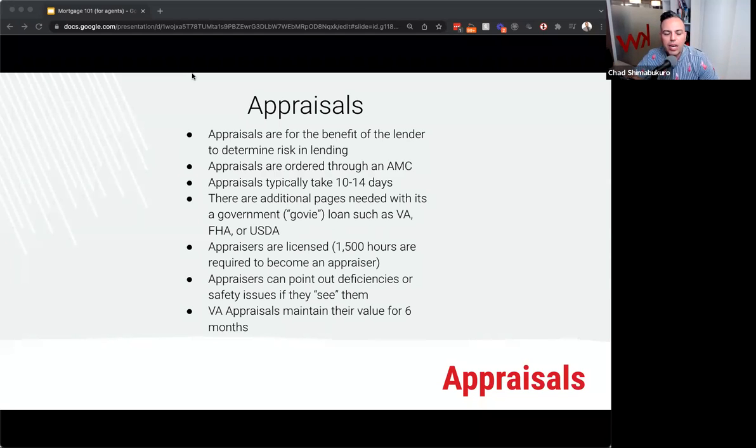And suddenly your entire transaction has come to a halt because the underwriter will not process that appraisal report with that appraiser having something noted in subject to. It's got to be resolved or remedied. And that's a problem. So why do you need to know this? Whether you're on the buy side or the list side, you got to know what deficiencies there are in the property so you can get ahead of that issue prior to an appraiser getting out there. Because I promise you, it's too late.